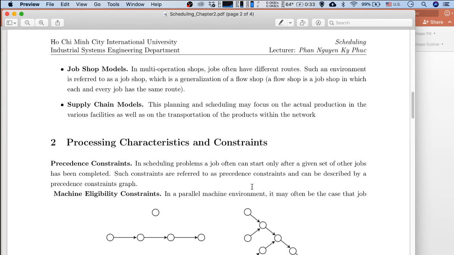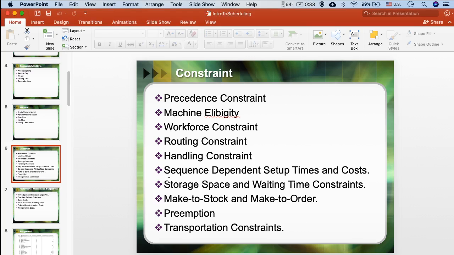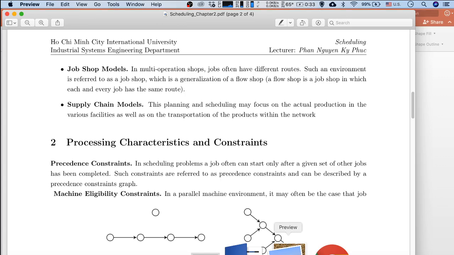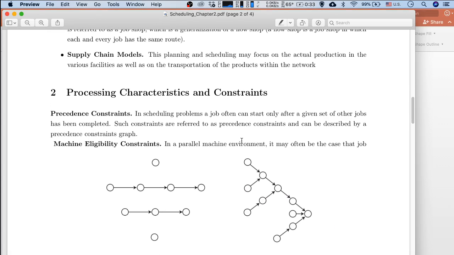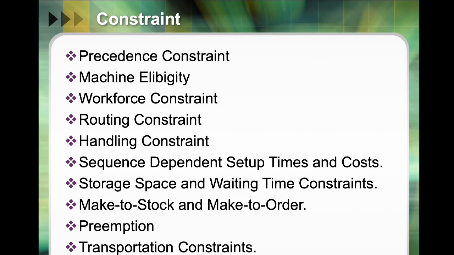So here we have the first one, the precedent constraints. Here I need to go back a little bit. Now let's see what the precedent constraints are. A precedent constraint means that, for example, in a scheduling problem, a job often can start only after a given set of other jobs have been completed. Such a constraint is referred to as a precedent constraint, and it can be defined by a precedent constraint